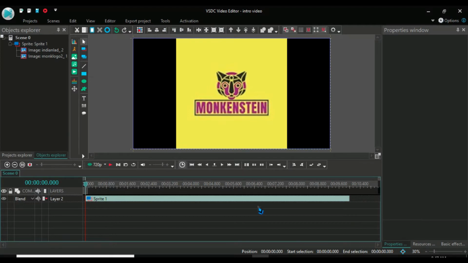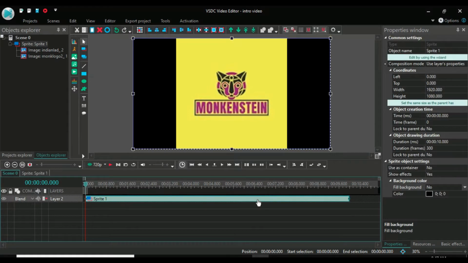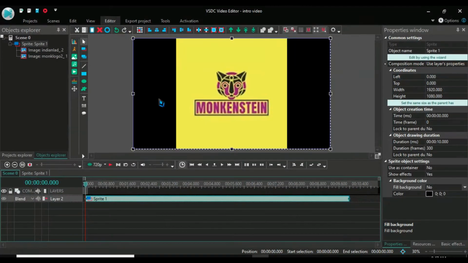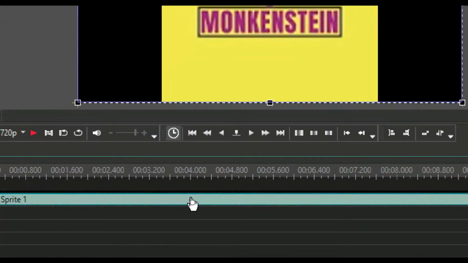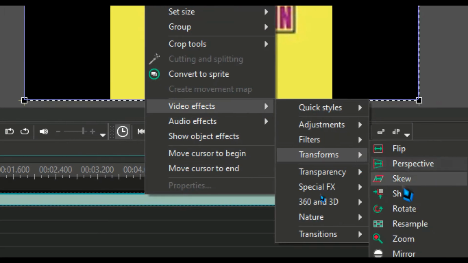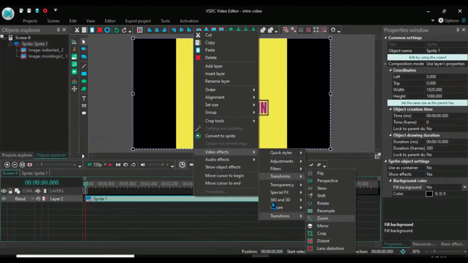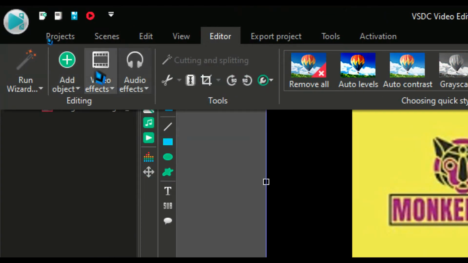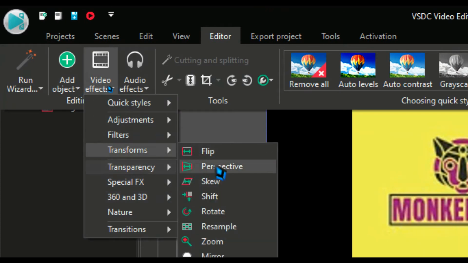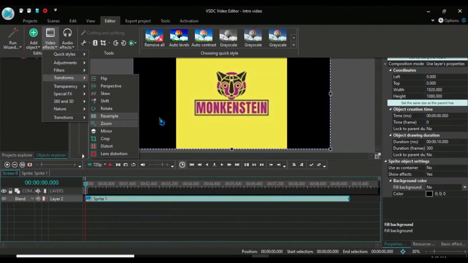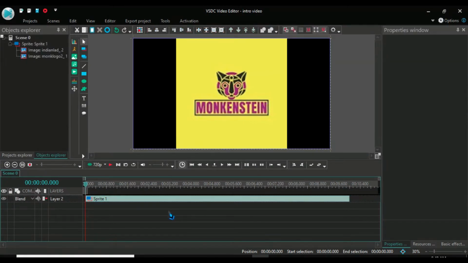Now we're going to come to the next step, which is the effects part. You can easily right click and go to video effects and use all these options, or from here go to editor, then video effects, and then transform.